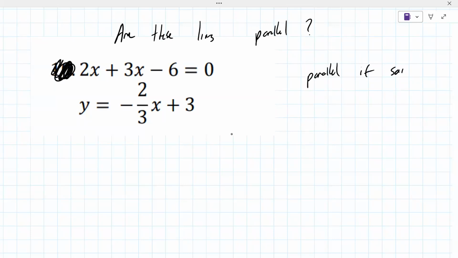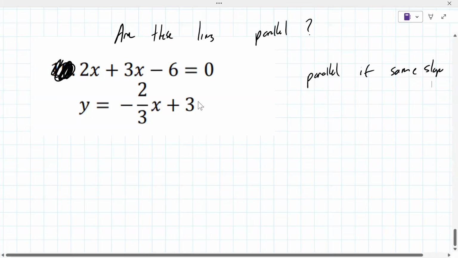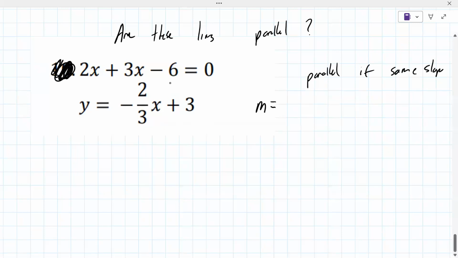if they have the same slope. Like you know that now. You're like, all right, same slope. But maybe you know the slope for the second equation. What is the slope of the second equation, if you know? Negative 2/3. But if I ask you the slope for the first equation,